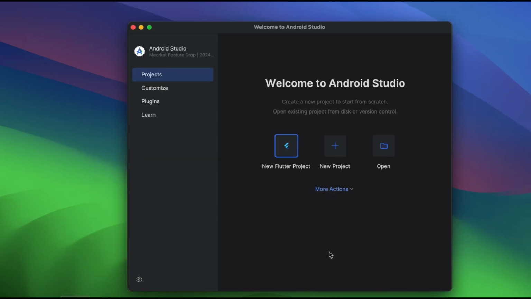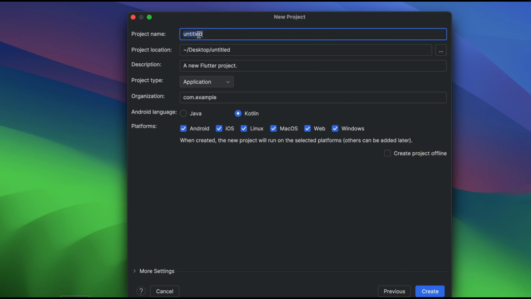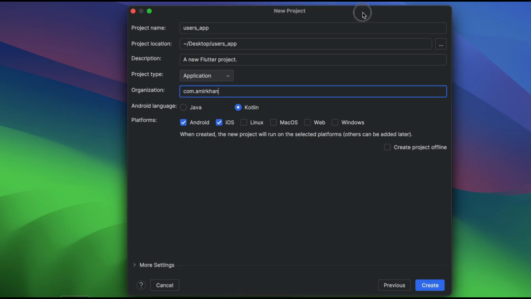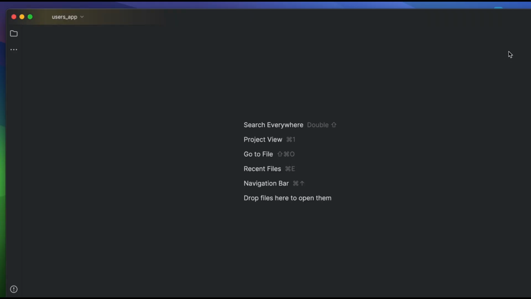Create a new project, click on new Flutter project, make sure that Flutter is selected. Next, and here we have to provide our project name. We will give this name as users_app, and then make sure to uncheck all except Android and iOS. Here in the organization, you have to provide your name or your company name. So I write my name, com.amirkhan, and then click create. So as you can see, a new project has been created,